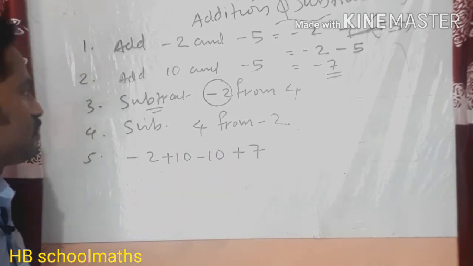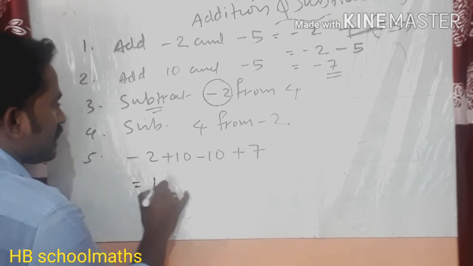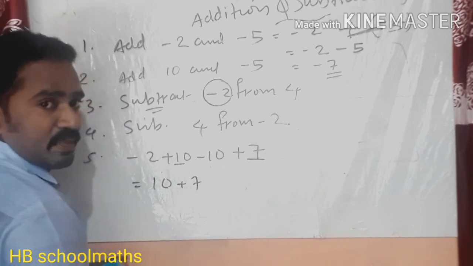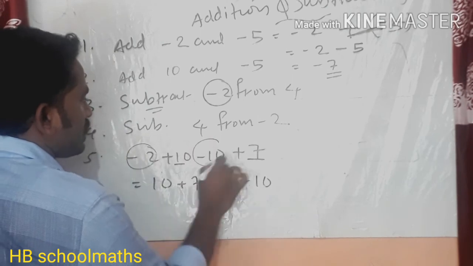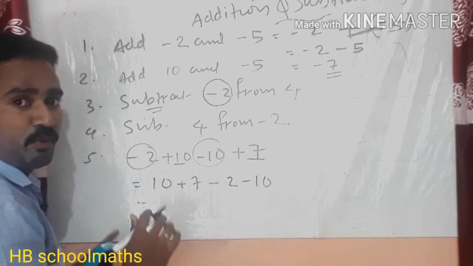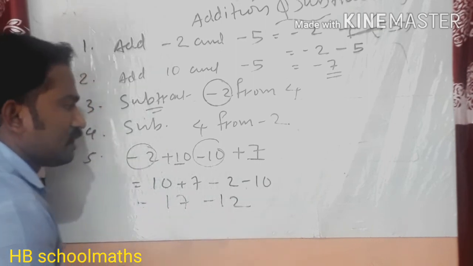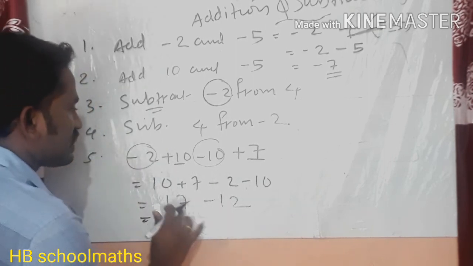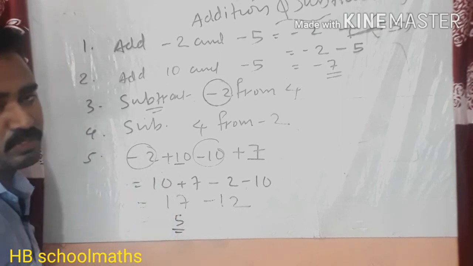This I explained now. Next one is a group of positive and negative numbers. Group every positive number: 10 and 7, positive 7. And the negative numbers -2 and -10, I grouped last. Now add: the positive sum is 17. The negative sum is -12, 10 plus 2 is 12, and since they are negative numbers added, the answer is negative. That is equal to 17 minus 12, answer 5 only. The bigger number 17 is positive, so the answer is positive 5.